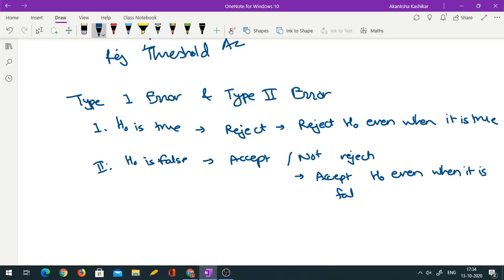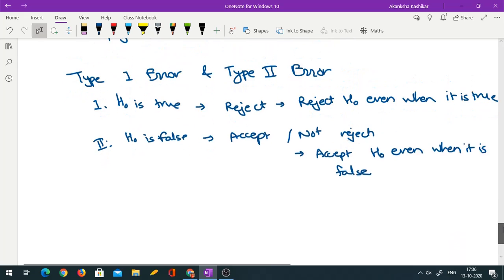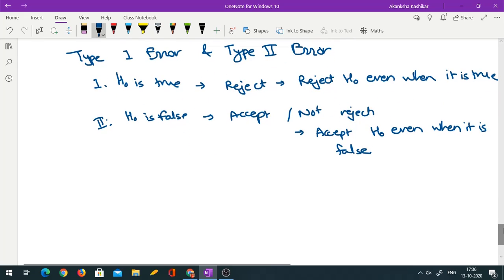So of course we try to minimize the error, right? Ideally we don't want any errors. Ideally we would like to give accurate decisions. Ideally we choose the cutoff in such a way that these errors can be minimized. But the problem is both these errors cannot be minimized simultaneously, because when you try to reduce this error, type